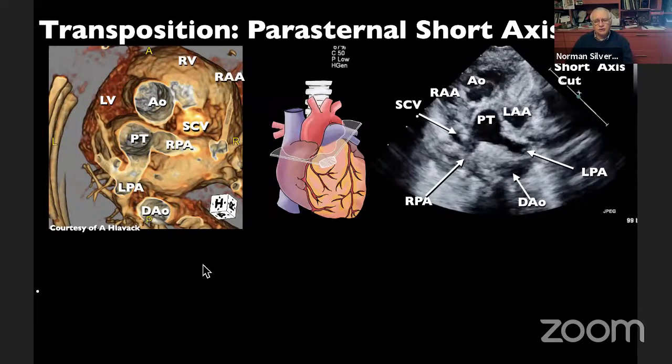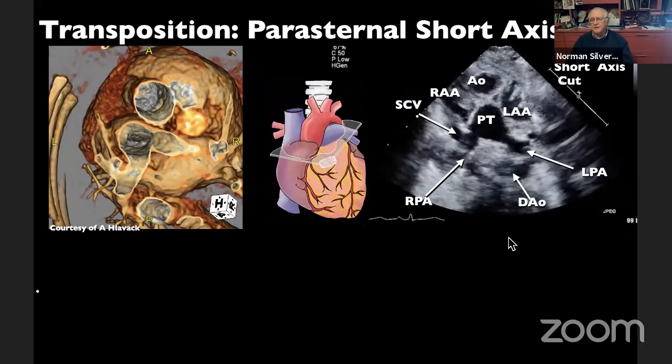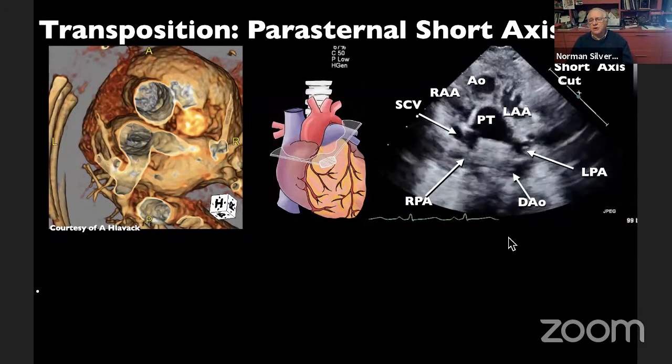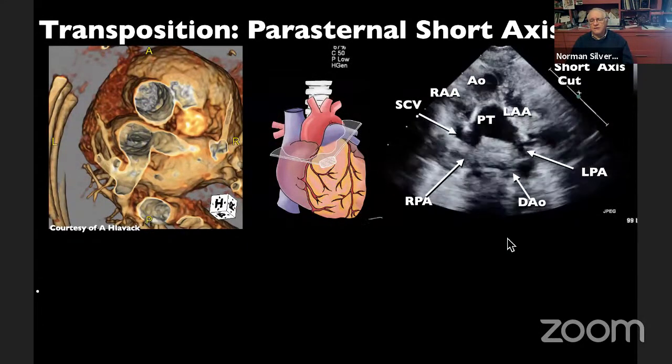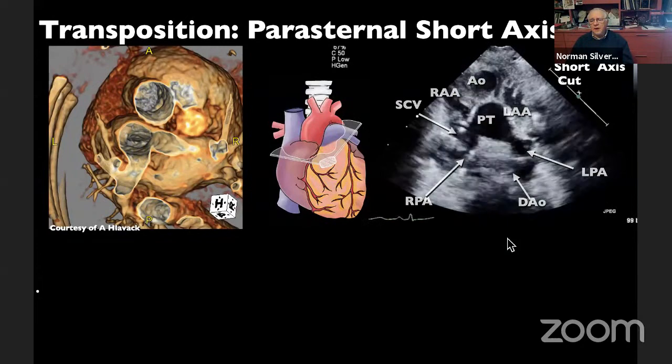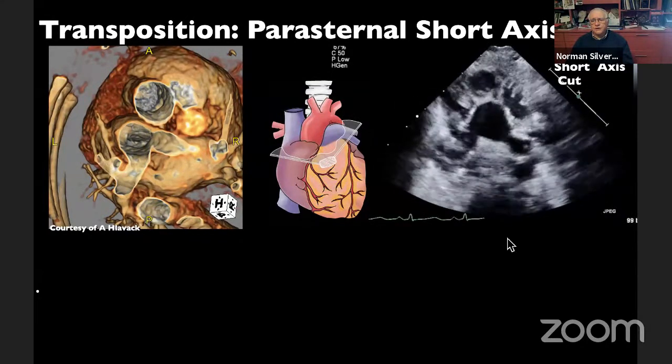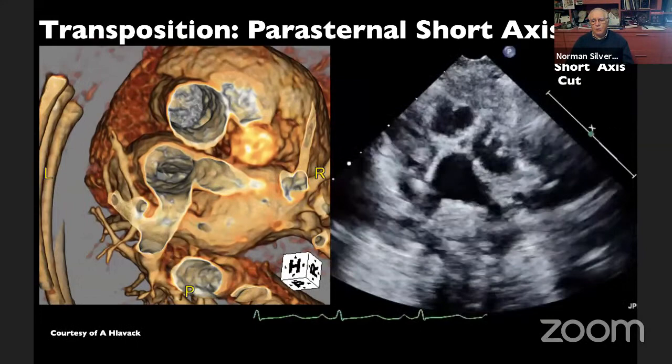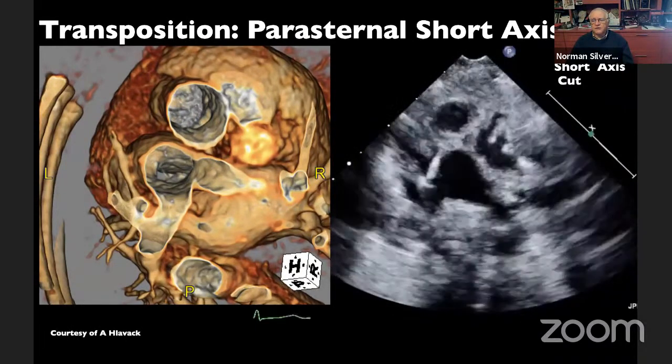Here's the echo cut shown over here, and here is the echo simulation of that cut with the aorta slightly to the right of the pulmonary trunk, but largely posterior, with the pulmonary trunk largely posterior, the atrial appendages, the superior caval vein, and the pulmonary arteries and descending aorta identified there. And I'll leave this with motion so that you can see these structures as they move. And then I will remove them for you so you can see the comparison in mirror image, one of the other images, as you see there.